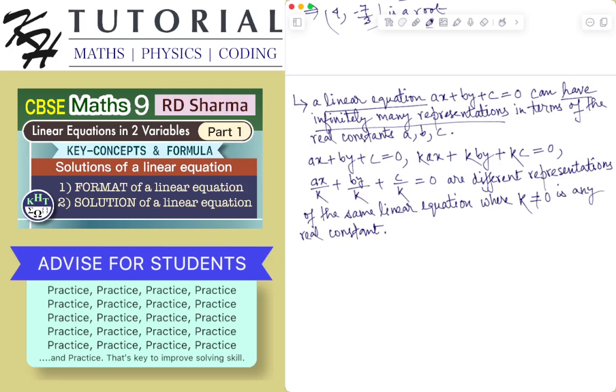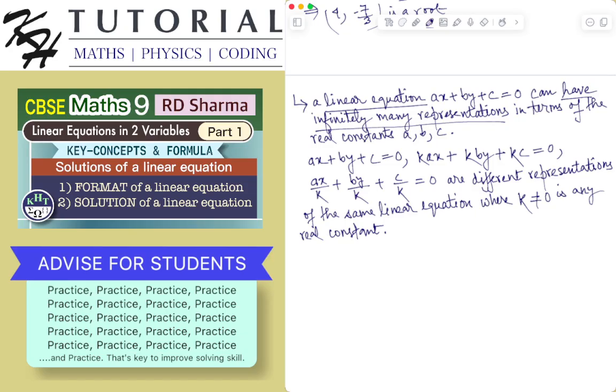Remember that the set of all the ordered pairs, all the roots or solutions of a specific linear equation, are the same, but the representation, by representation I mean the specific values of the constants a, b, and c,